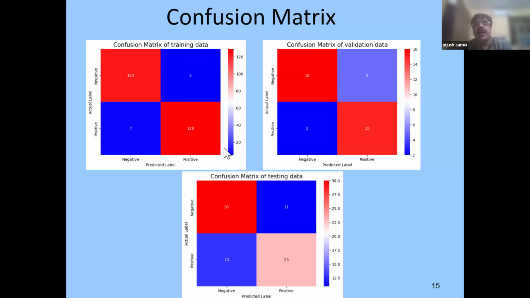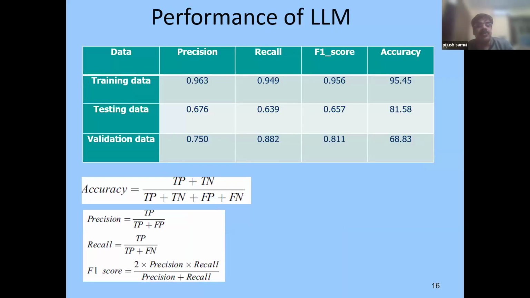and this is for the validation data set, and this is for the testing data set. So this is actually an overall graphical representation of the prediction of the LLM model. But if you look at that, there is no parameter in this case to check the accuracy of the model. So in this way, we have calculated that